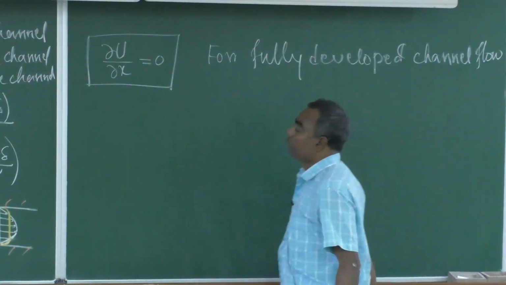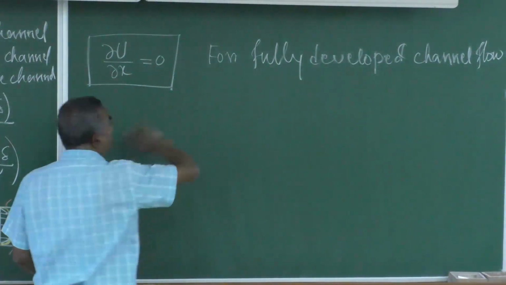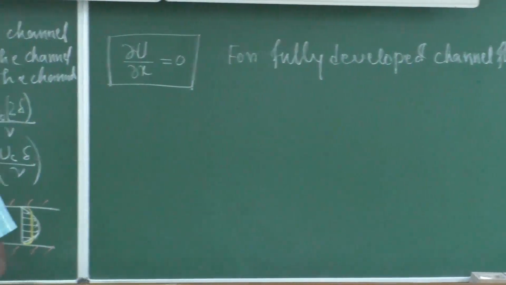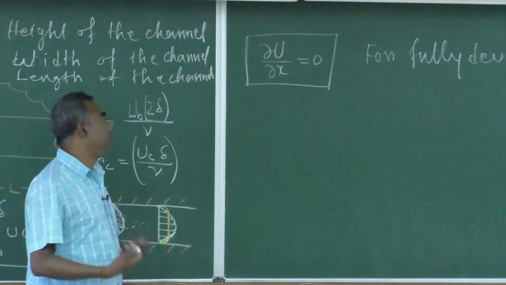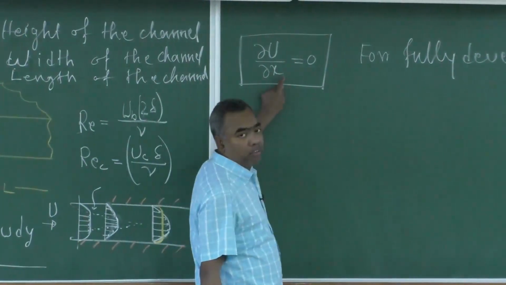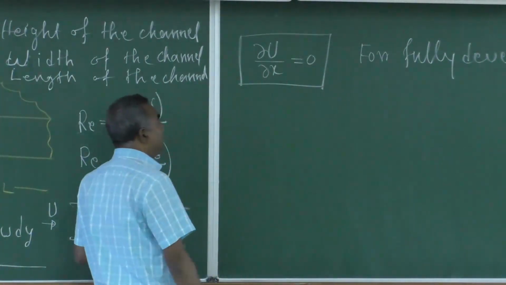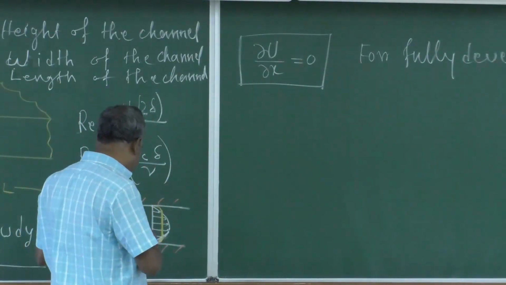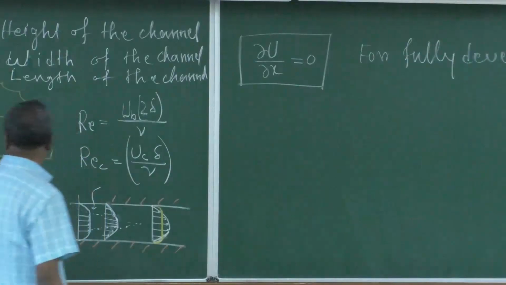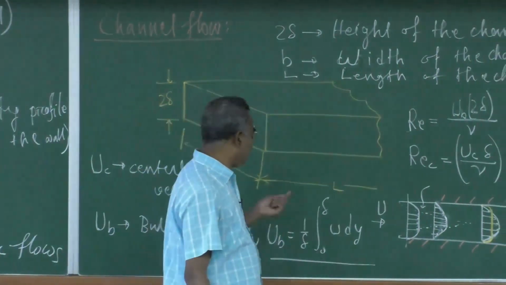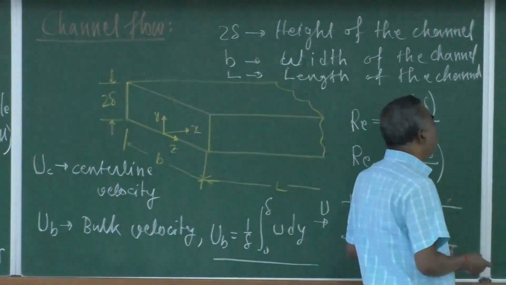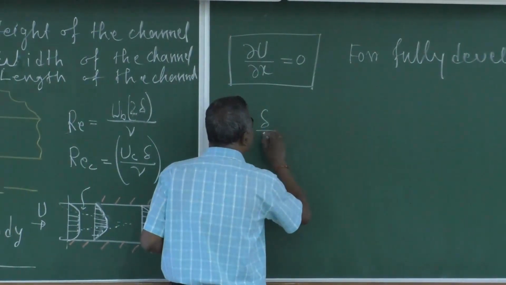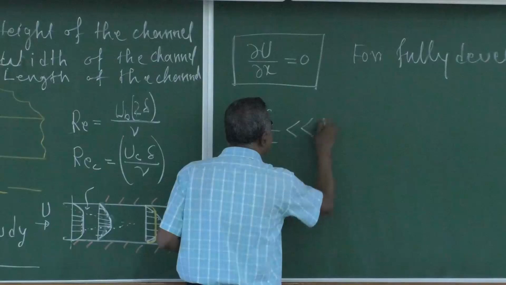Okay. So for fully developed channel flow, the statistics with respect to the streamwise direction are going to be 0. We should keep it in mind. We are considering this because this particular quantity will be very useful for us. Along with this, another point we need to mention here: for the channel flow we are going to talk about, this particular quantity is much less than 1,